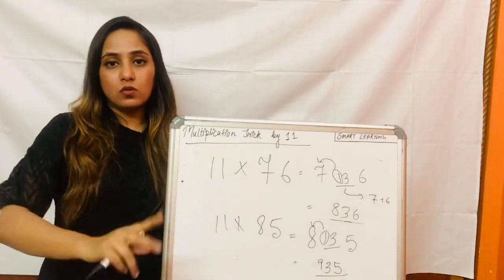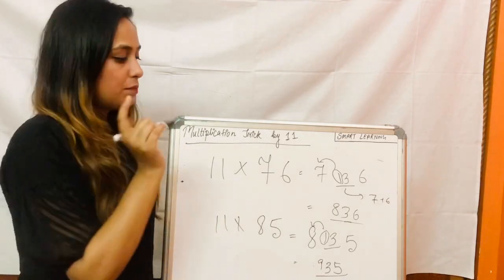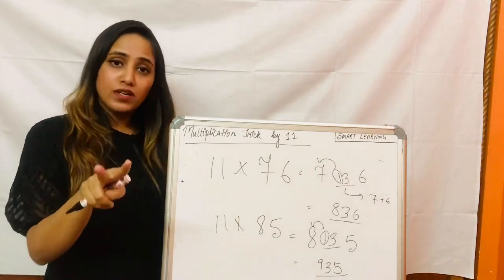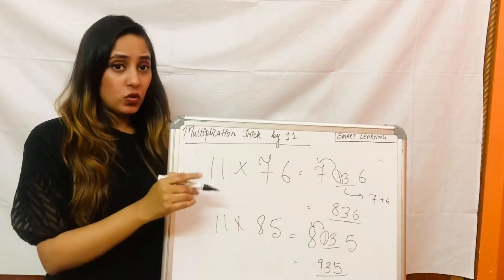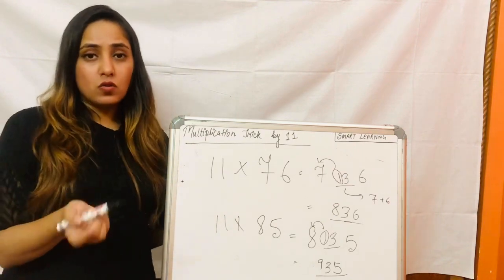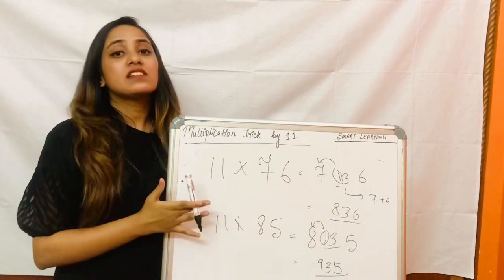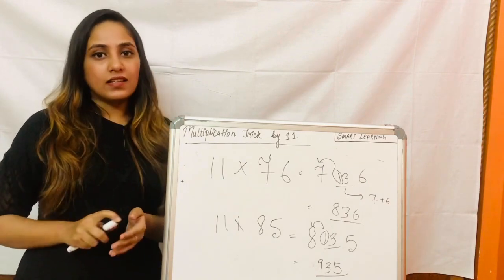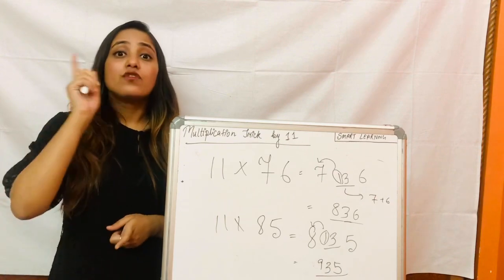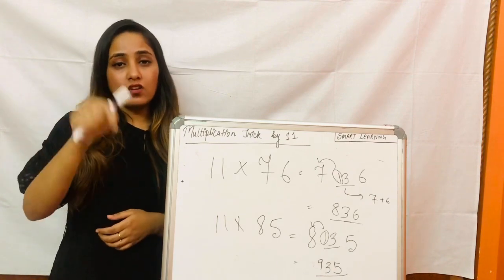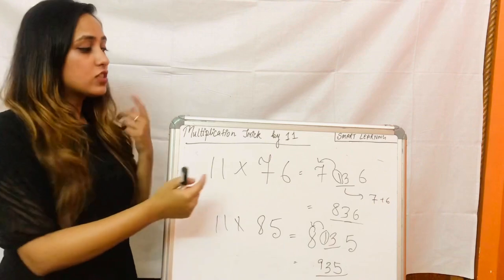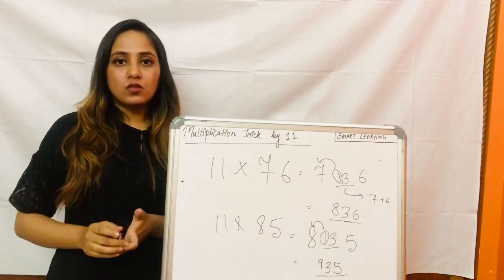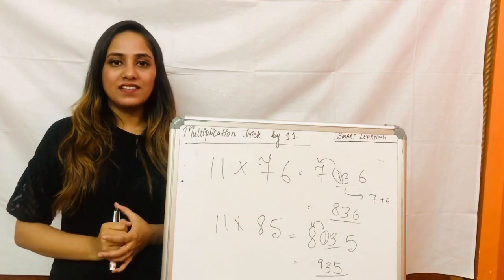So remember this: when it is a 2-digit number, a single digit comes in the middle. When it is a 3-digit number, 2 digits will come in the middle. I'll show you the 3-digit number also, but before that, with this technique, I'm showing you a practice question. Do it in 10 seconds and see if you understood it. If you did not understand, you can write in the comment section below, or you can rewatch this entire thing and you'll understand it. So let's do the practice question, and the question is on your screen.